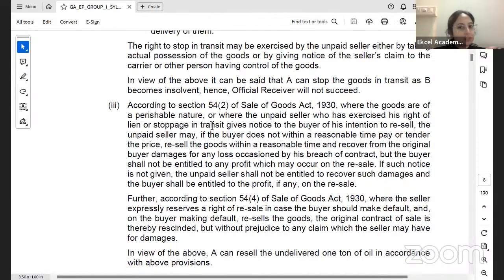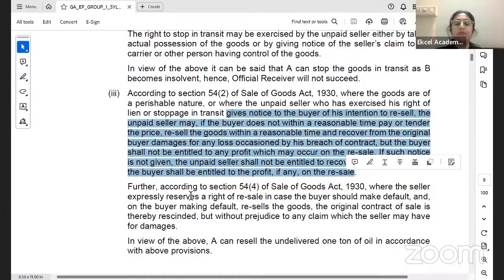Where the goods are of a perishable nature, Section 54(2) of the Sale of Goods Act applies. Where goods are of a perishable nature, or where the unpaid seller has exercised the right of lien or stoppage in transit, he gives notice to the buyer. I can't wait because the goods will perish. If I wait, it will spoil. So I will give a notice to the buyer of my intention to resell. I will tell them to reply within 2 days. If you reply, okay, I will wait, otherwise I am going to resell it. If the buyer does not reply or respond at all,